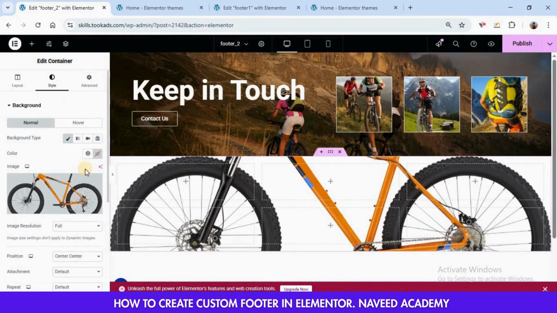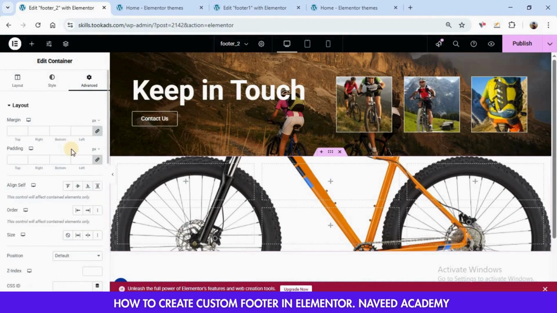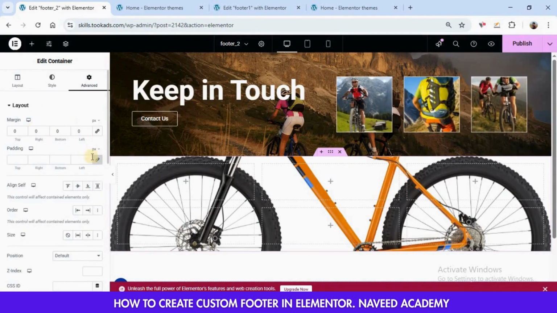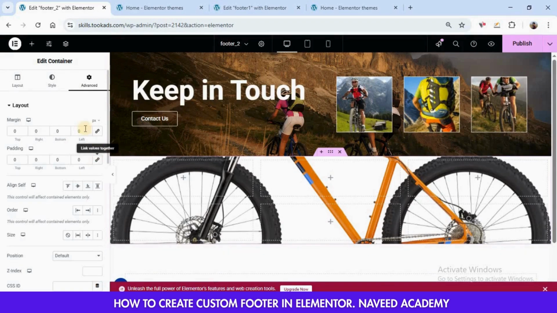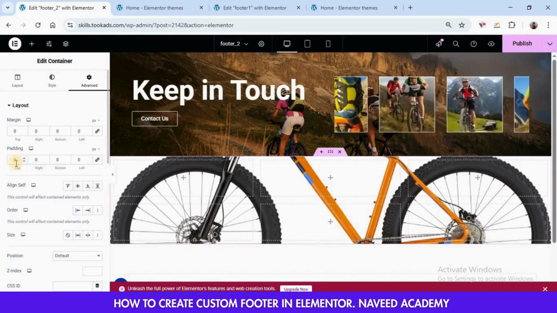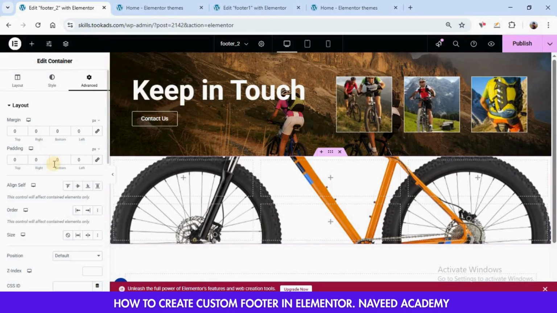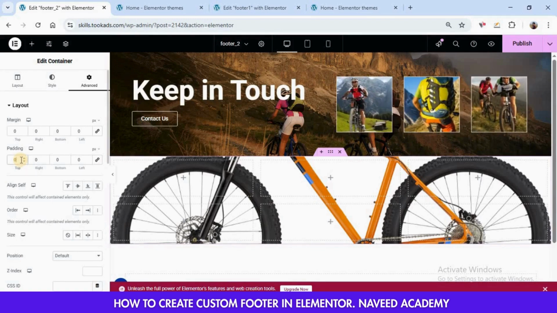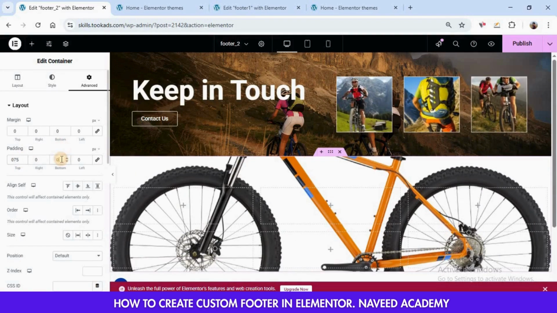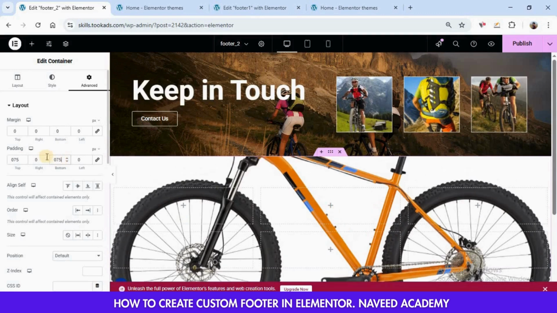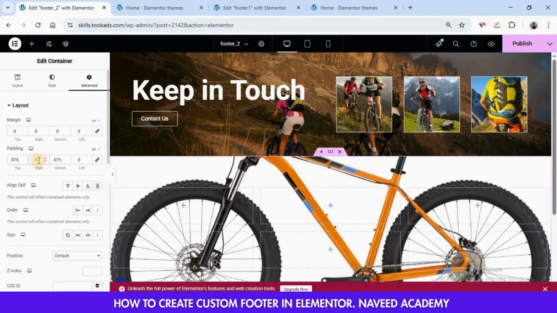Now we need to go to advanced and unlink the margin and padding. We need to add some padding from top, bottom and left and right side. We need to add padding 75 from top and 75 from bottom and 35 from left and right.